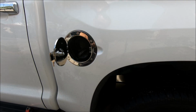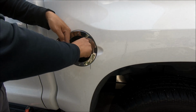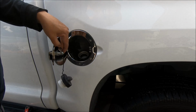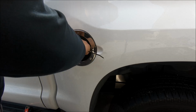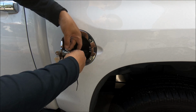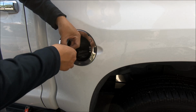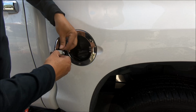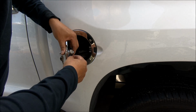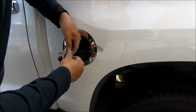So one more thing I want to do, I want to tie this piece here. When I do a fill up, I just leave the gas cap hanging there, because otherwise I have to find a spot to put it. Too bad they didn't make a little, what do you call it, a holder or something for it. See how this works. I may have to come up with something better, but for now,